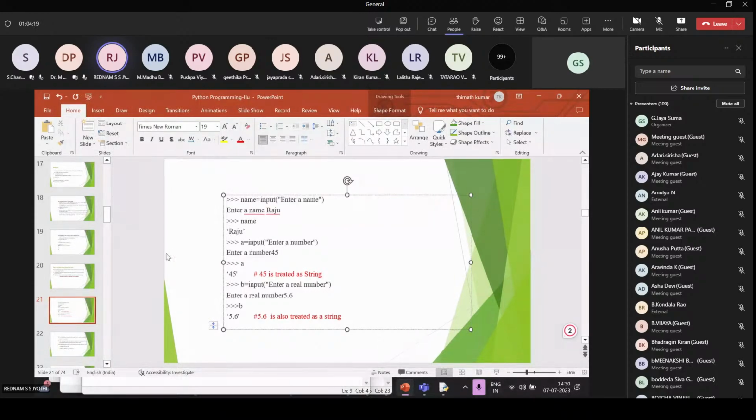Next, enter a number. I have entered 45 here. If you want to see the value present in A, we use A, and it will give 45, which is treated as a string. By using all these examples, we conclude that the input function always returns the string type of value.